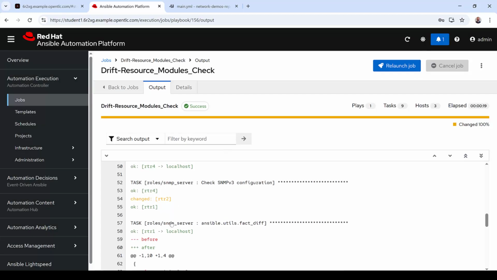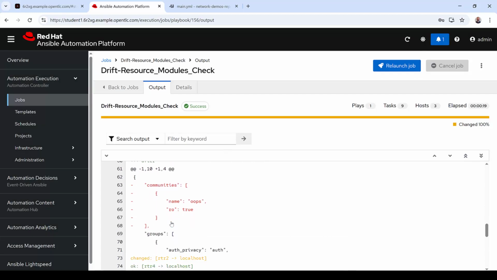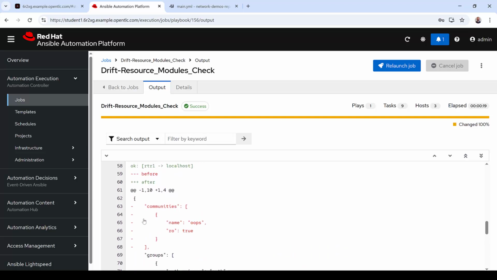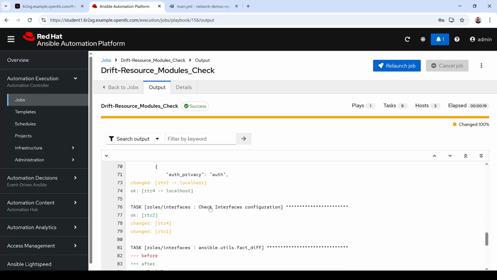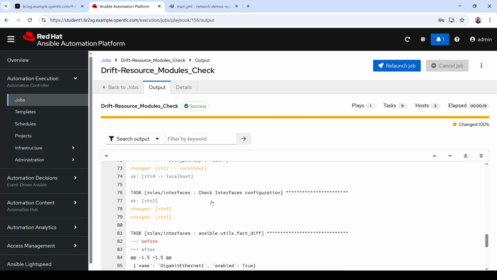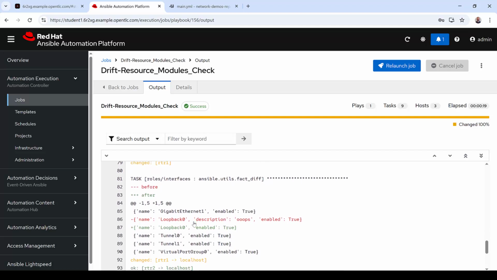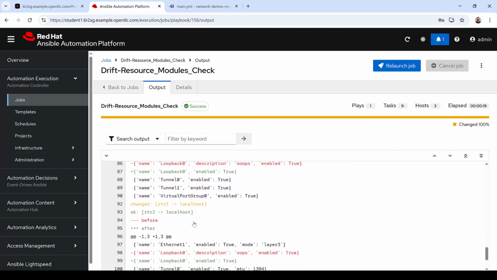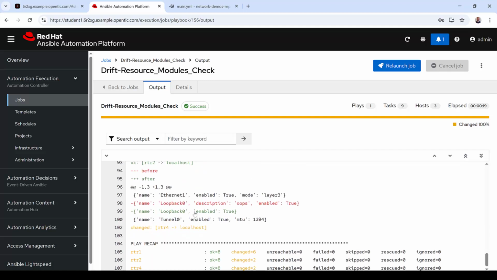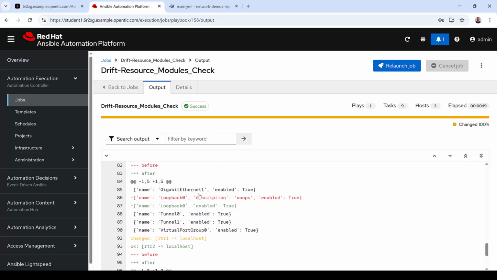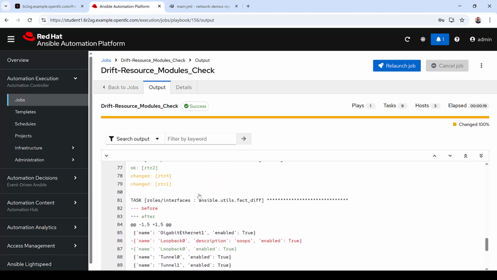So the diffs give us the ability to review what's been added, the things that are different. If there's not a diff, then we don't have anything changed and we wouldn't have anything populated in here. And then we just move down, and as we went through, we also went into router 4. It made changes at the bottom too, so that's this one here. This is where we added another description of oops, right? So this just gives us the ability to check and then make a decision. So having said that,